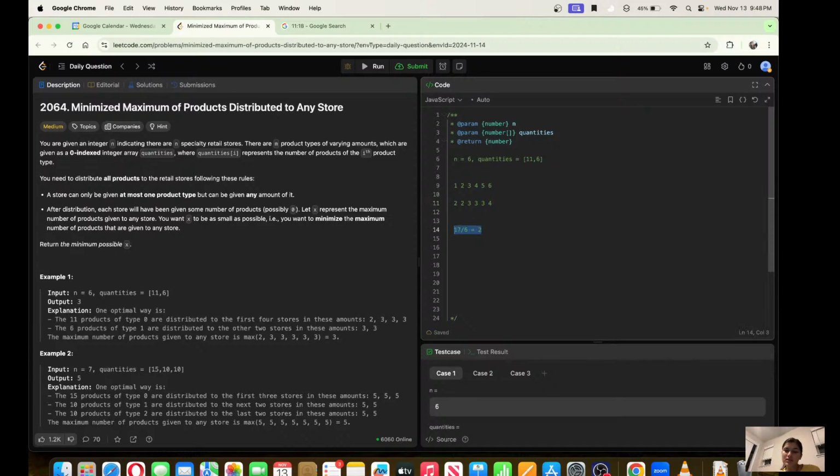But there is another constraint. That constraint is that I can distribute only one kind of product to each store. I cannot distribute more. So the main thing I want to minimize, right? I can minimize by sharing. So one way to minimize